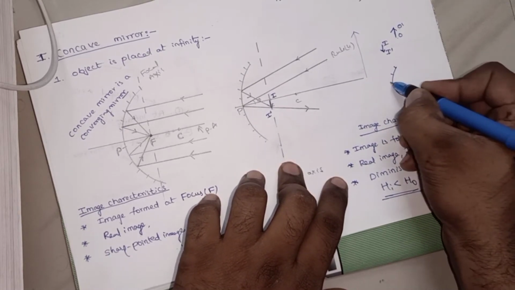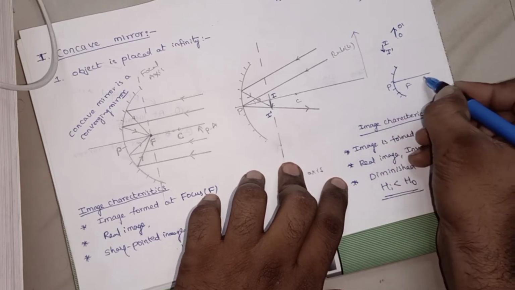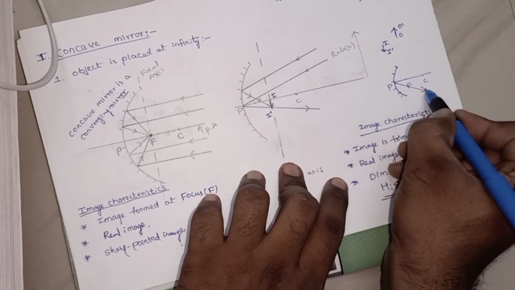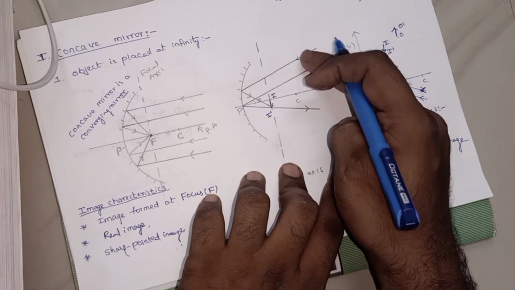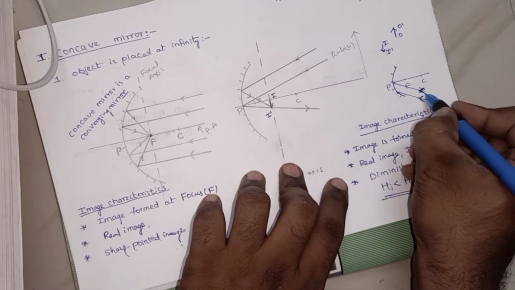See, look at here, I had taken the concave mirror like this. This is the principal axis, pole, focus and center of curvature. This you need to draw once you analyze the concept. These are all my incident rays. Previously I took the incident rays above the principal axis. Now the incident rays are moving